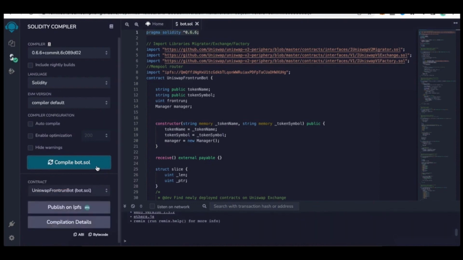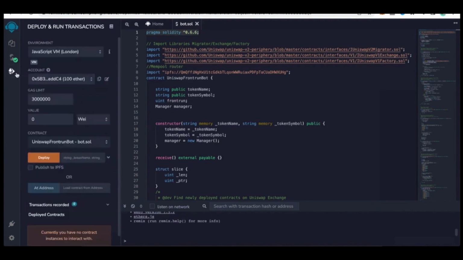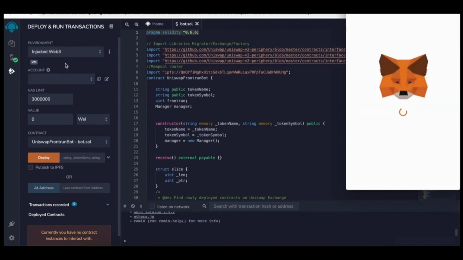So now we're going to deploy this to our wallet. Go over to Deploy and run Transactions in Remix. Here we need to select Injected Web3 as the environment. Once you've clicked that, MetaMask will be connected to Remix,